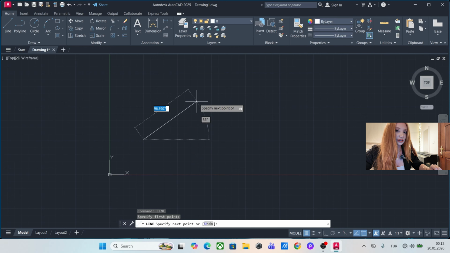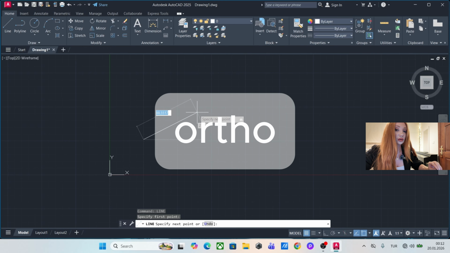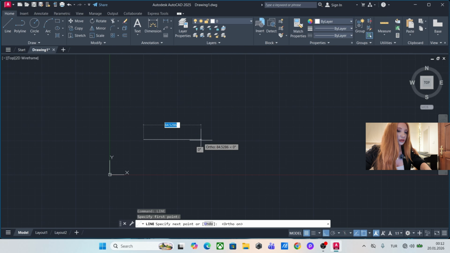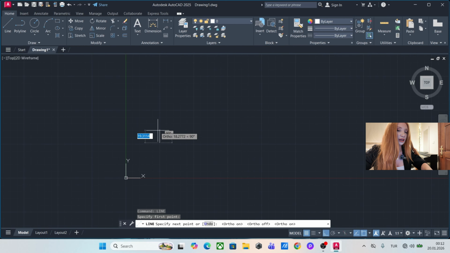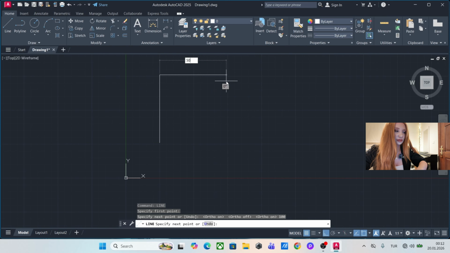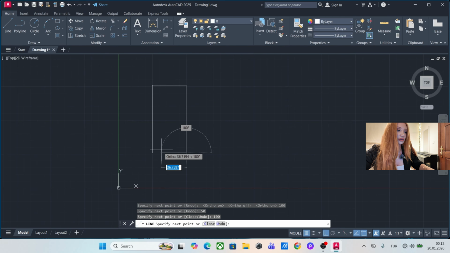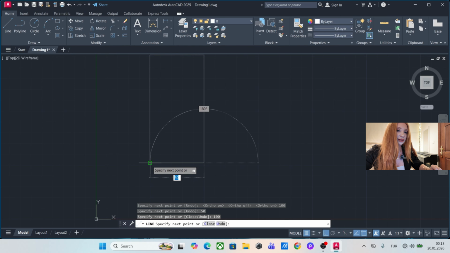Okay, another important thing is to draw straight lines, 90-degree lines. I need to activate the ortho. To activate it, I'm pressing F8 on my keyboard, or you can press in here as well. Now I know that I'm drawing with straight lines. To deactivate it, again I'm pressing F8. As I move my mouse, you can see the number changing. I'm writing 100, 50, 100. Now I can write 50, or I can click on the first vertex, or I can press C for closure,